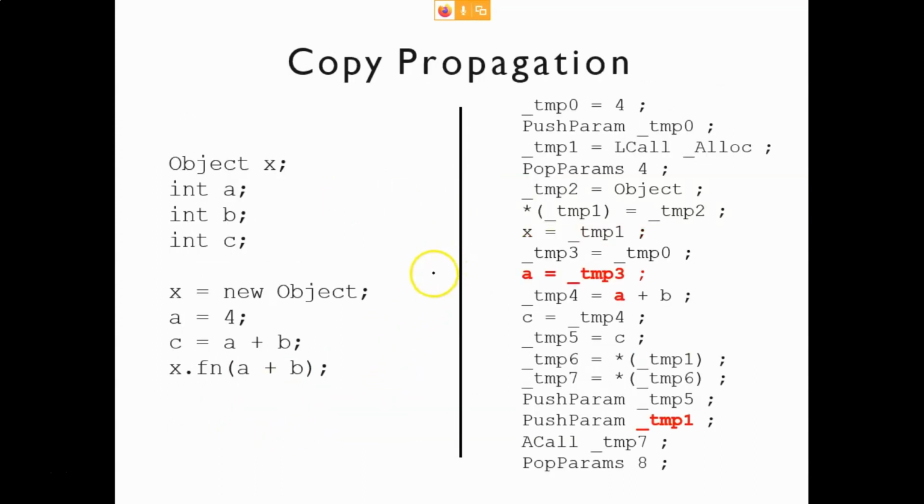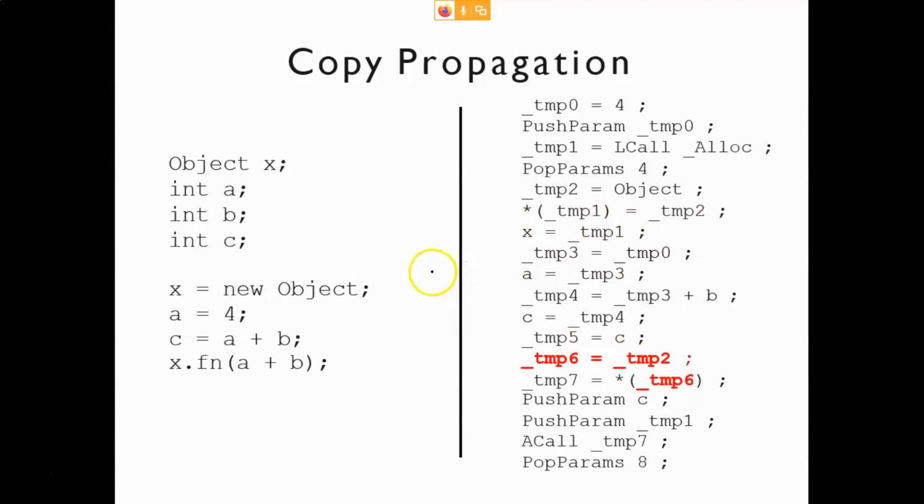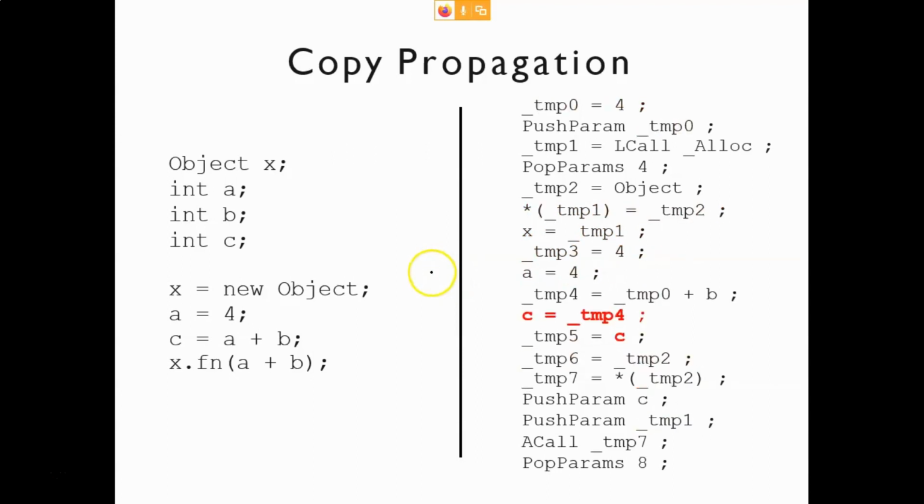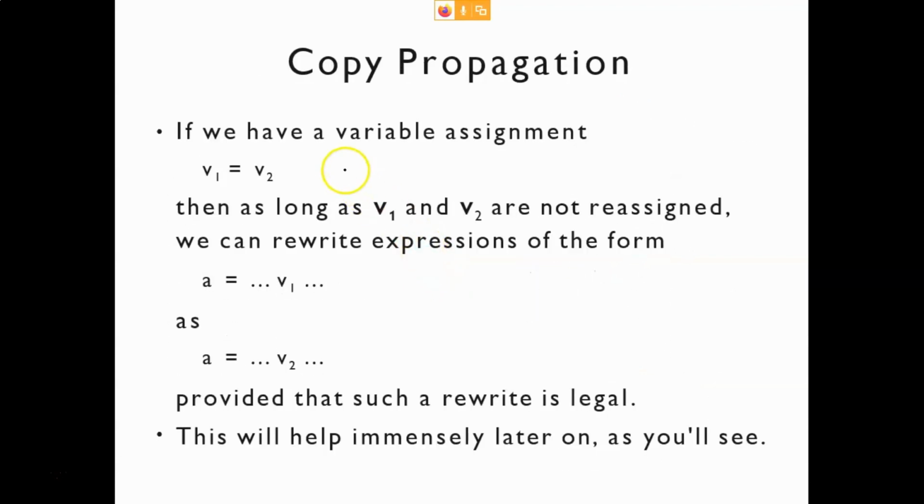Now, all these things we have seen, so let's see the copy propagation definition. What is the definition of copy propagation? So this is the definition. Let's assume that this variable v1 has the value v2. Now in some other expression, after some statements, there is this type of statement: a is being assigned some value, but in the middle, remember, these values v1 and v2 should not change, these values should not be reassigned. Then what you can do, you can replace this v1 with this v2.